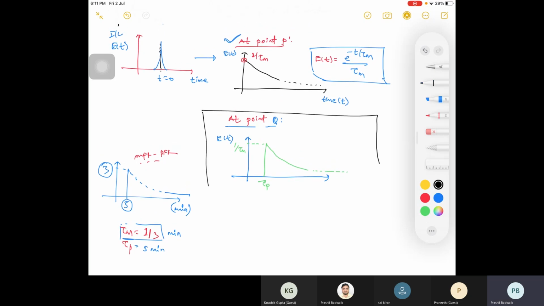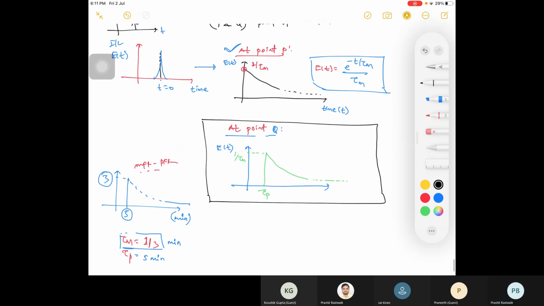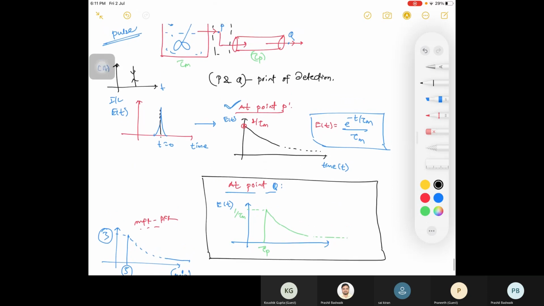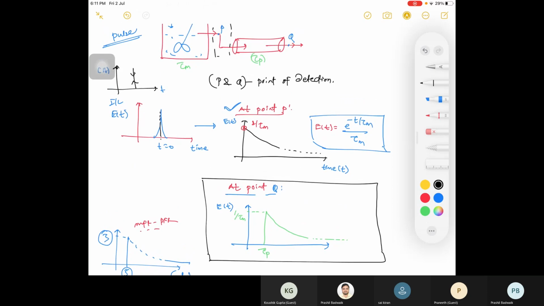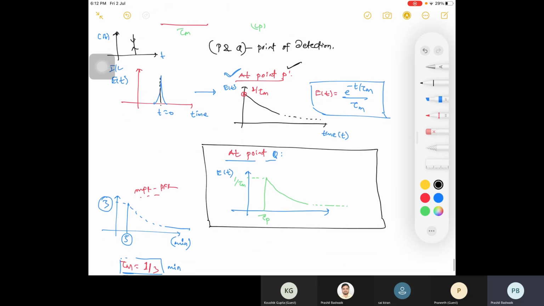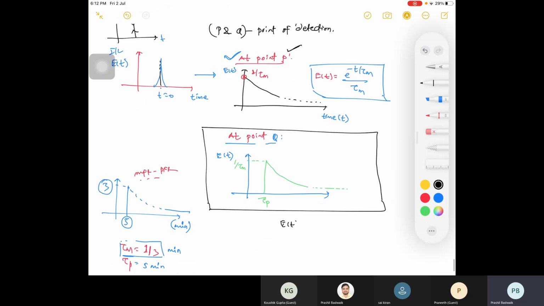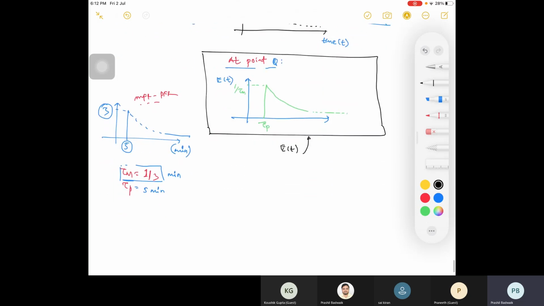So which profile will you draw when I'm telling you if there is CSTR followed by PFR? What will be your ET curve? The curve will be at point Q, okay? Don't write this P profile. If it is asking you what is your profile at P, then you draw that. Otherwise, whenever I'm writing your E curve, it is not the first one. The second one is your final curve, and that is the exit of the reactor. That's why I'm writing this. So the ET curve is this.